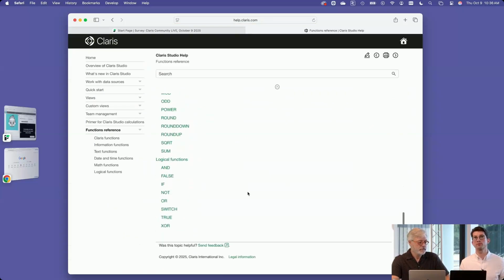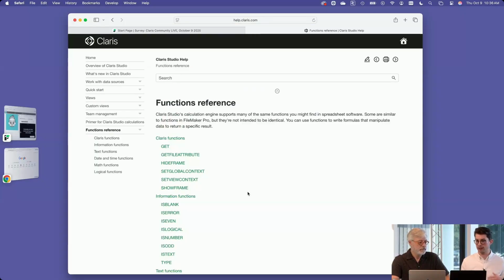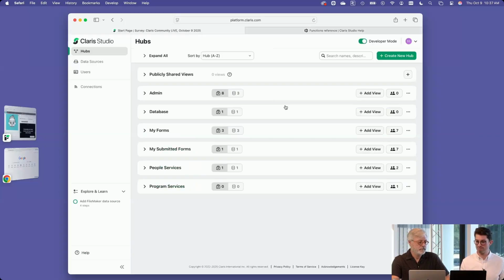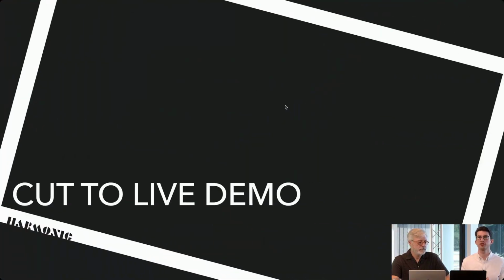I will tell you, there is no function in here for get account name or get account user group or anything like that, where you could start applying hide conditions or that type of stuff in your calculations in Studio. It's just, do they have access to the hub? And every person who can see that view sees and is able to do the same stuff. So just something to keep in mind as you're thinking through deployment considerations and